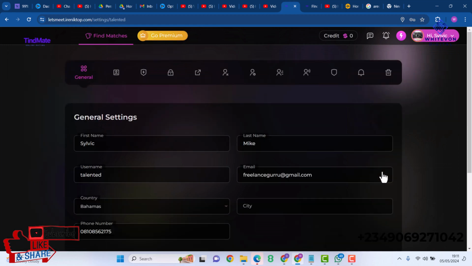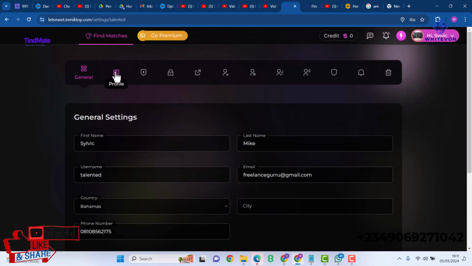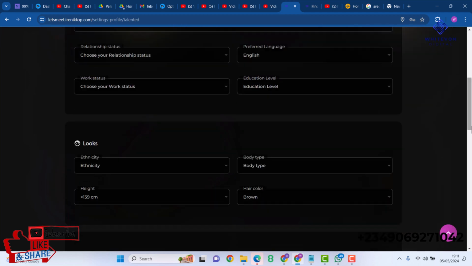Under settings we have where you can update your profile, and here we have profile, privacy, password, and socials. These are where you can input your socials. We have blocked, sessions, my info, affiliates, two-factor authentication, notification, and delete. Under profile you can put about me, you can enter tags, you can also update your location, put in your relationship status,